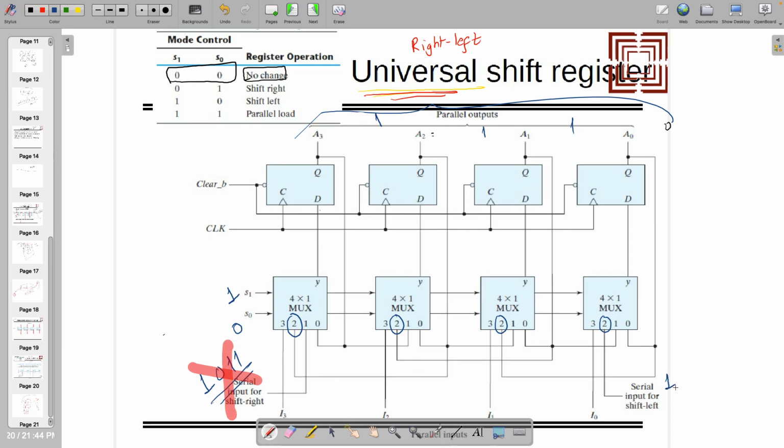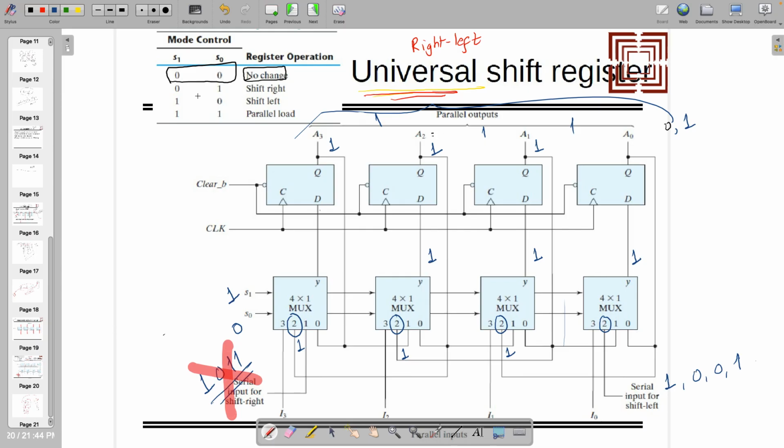Let us assume that I have given 1 over here. So 1 is available here. 1 went this side. So the value has been flipped. This 1 is traveling to the next. That goes here. This 1 came here. This 1 traveling here. This one goes here. This one goes here. And it's traveling to 2. And this is 1. So it's shifting this side. And when this traveling is happening, at that time you are sending maybe some data that is changing with every clock cycle. So that makes shift left.